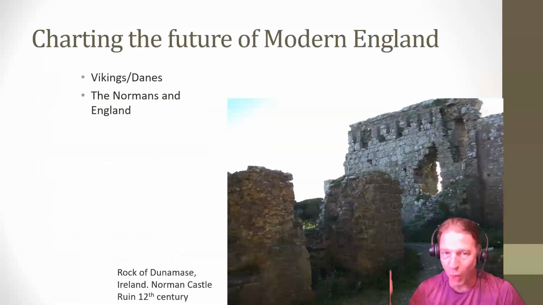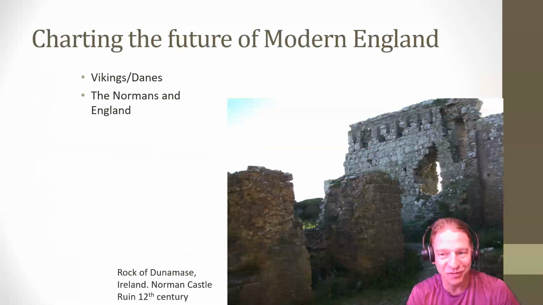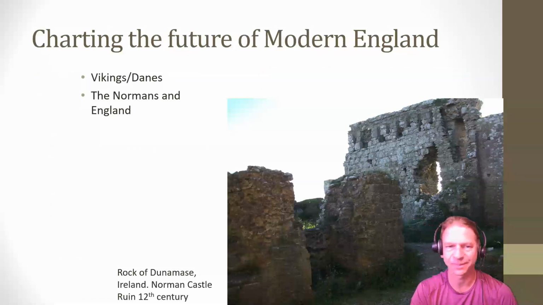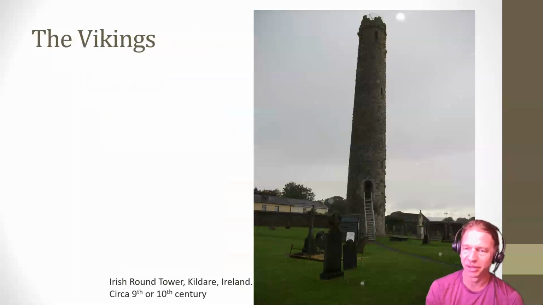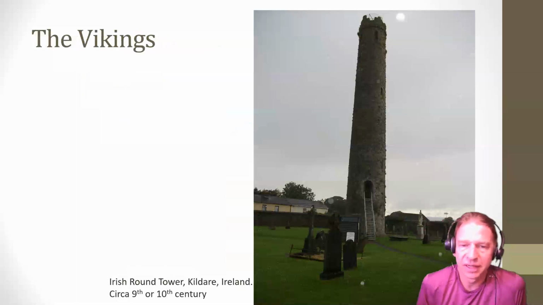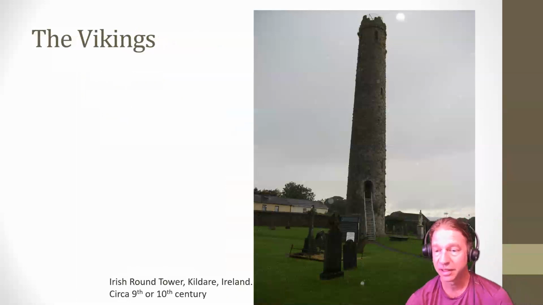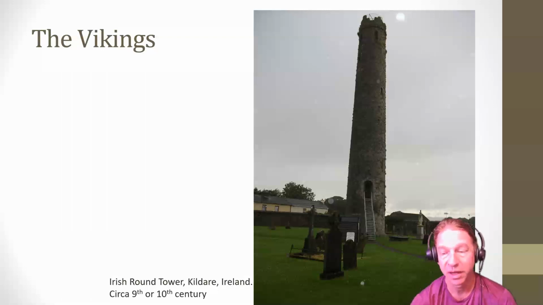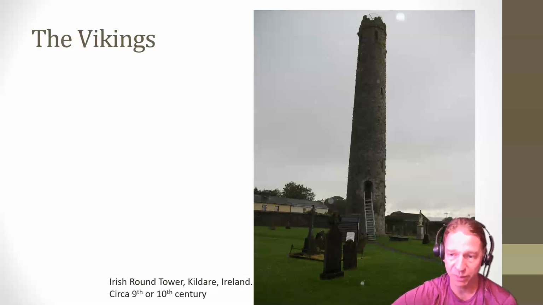So who were the Normans? The Normans were originally Vikings, or if you will, Danes. The Vikings were highly effective seafarers, obviously, and they built ships that were capable of effective long-distance maritime navigation. The ships, too, could travel in shallow water, 3 to 4 feet. And this gave the Vikings, during a period of time, particularly in the 9th and 10th century, a great military advantage, the advantage of surprise over many people.